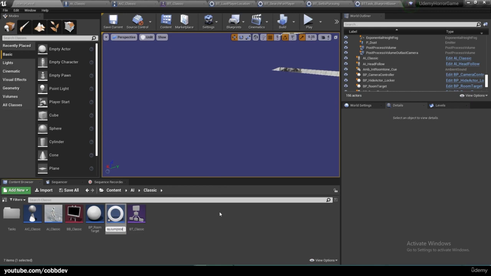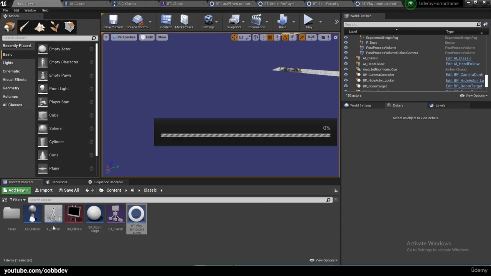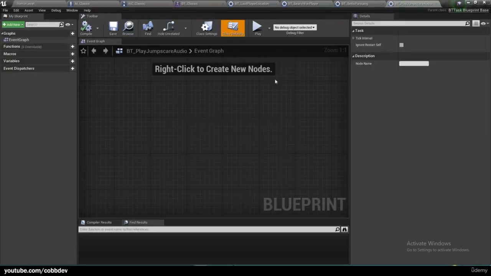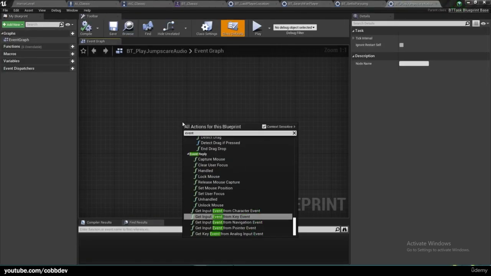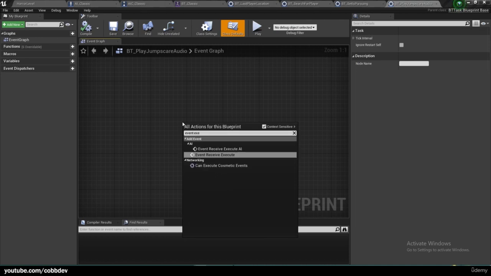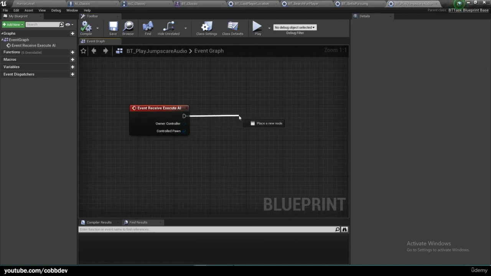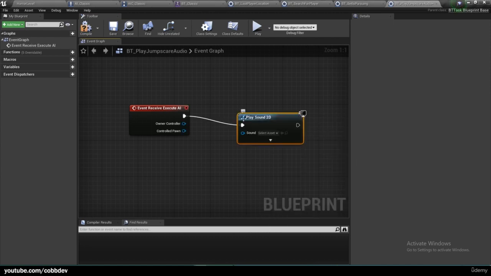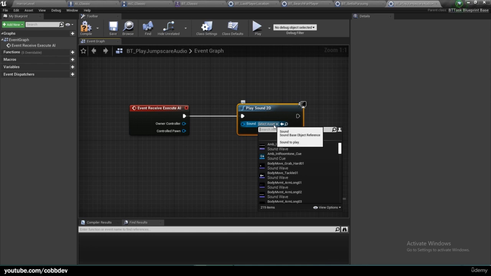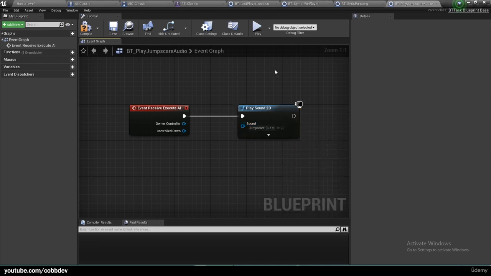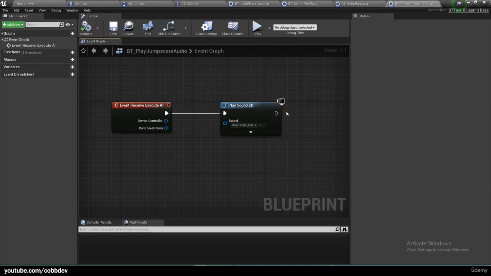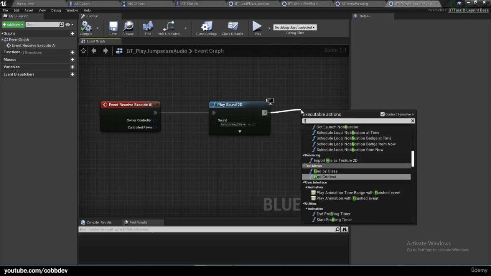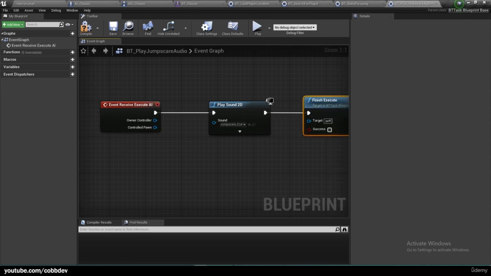play jump scare audio. Move that to tasks, and in here it's just as simple as execute AI, and we're just going to play sound 2D, and the sound we want is our jump scare sound that we already have in the game. And now if we were to just finish execute like this, success,